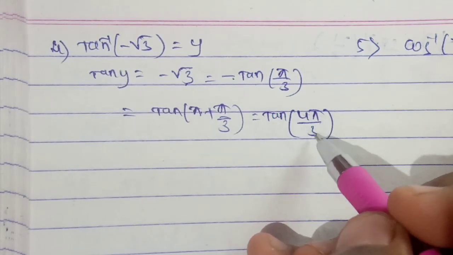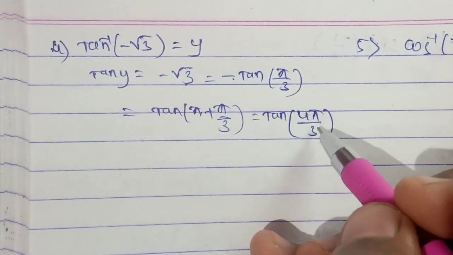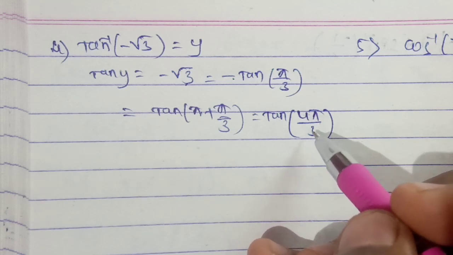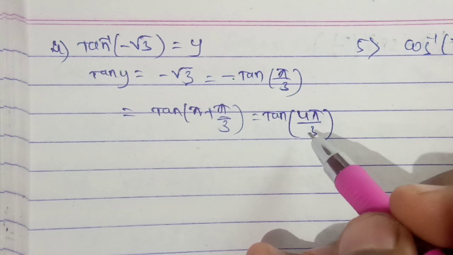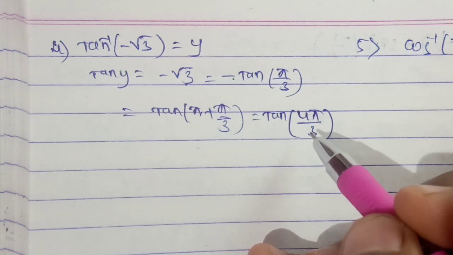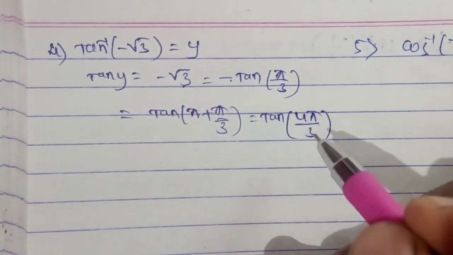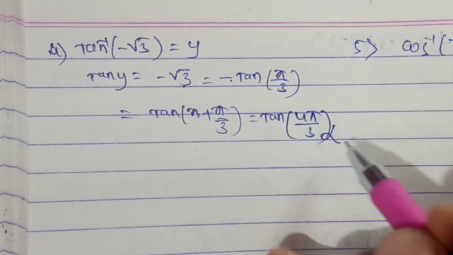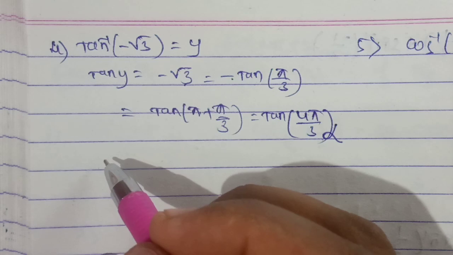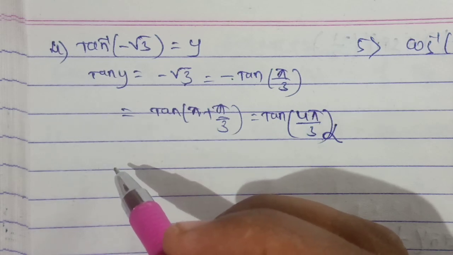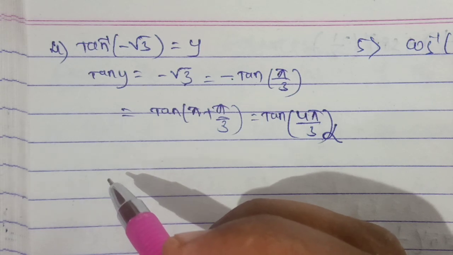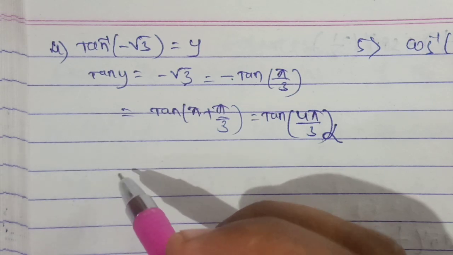But 4 pi by 3 means 240 degrees, which is out of the range. The tan inverse range is the open interval minus pi by 2 comma pi by 2. That's why I can't consider this one. And we know that sine of minus theta is equal to minus sin theta, and cos of minus theta is equal to cos theta. I can write this one